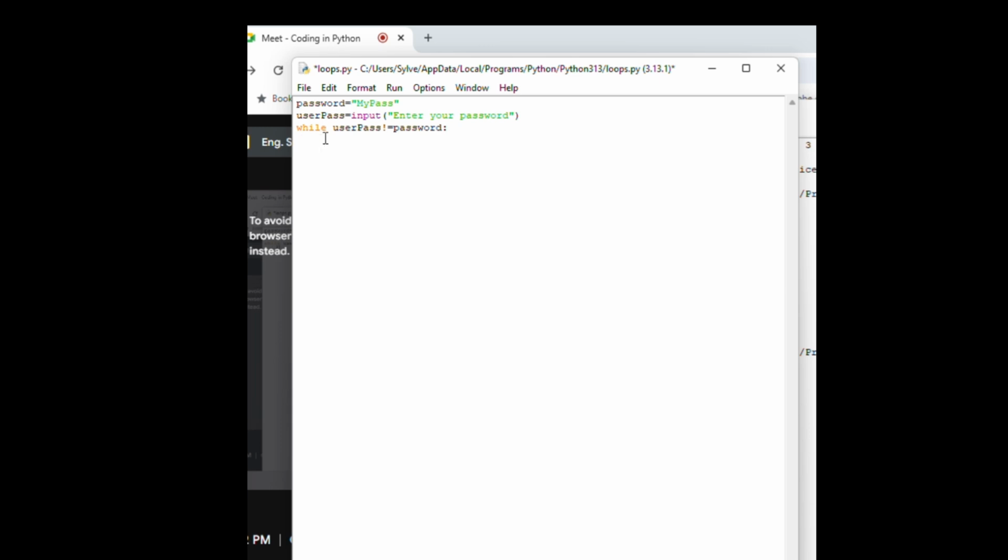Of course, you need to know that once you have the while statement, on the same line you have the colon, then you indent the next line, you skip some space. The best way is to use the tab key on the keyboard just once, then whatever is inside that should be at the same level. So you can say while user pass is not equal to password, you can print and tell this person